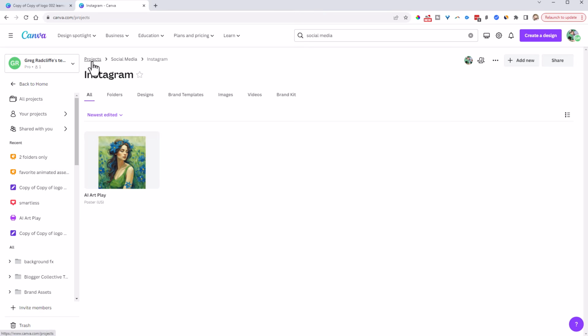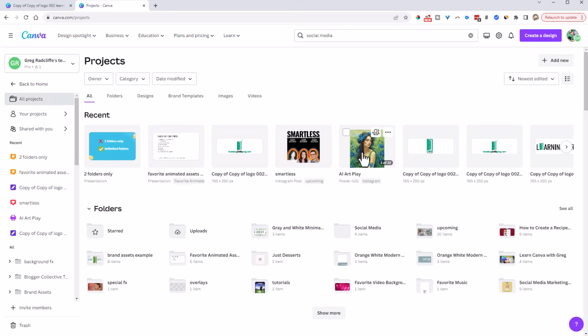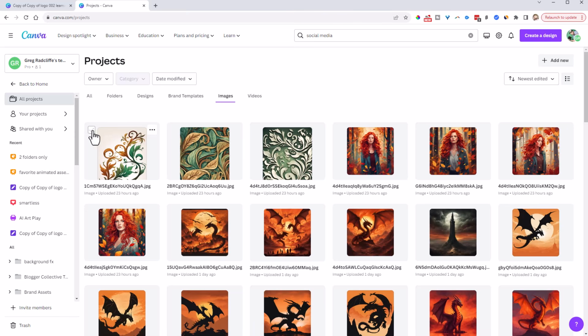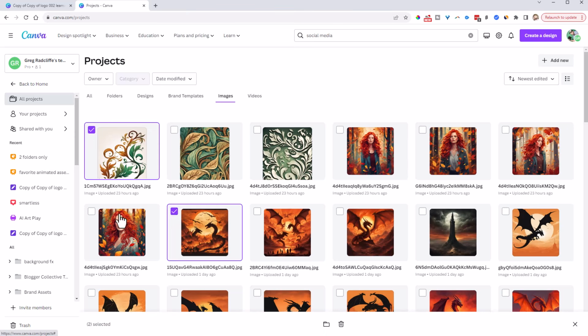Now let me come back to that projects thing again. Of course I could do that because I could see this and I could see this social media folder, but what if I wanted to go under my images here, and let me just check a few of these. Let's just say I wanted to use these different images here that I'm checking on my Instagram account. Well, suddenly I can't see the folders now because that's a different view here because I'm looking at just images. Of course I could do the trick where I come under these and I could use this move to folder,